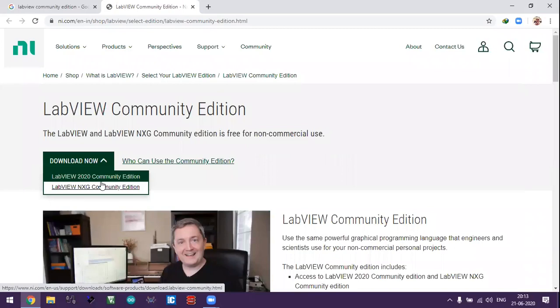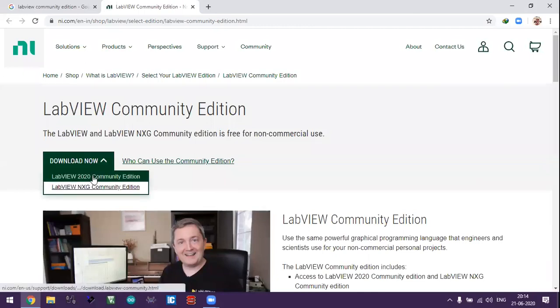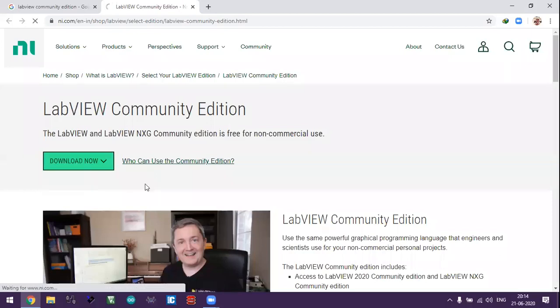This is not basically a version; these are two categorized product categories: LabVIEW 2020 Community Edition as well as LabVIEW NXG Community Edition. Both are different things. I will let you know what the basic edition and the NXG edition are. It is not necessary to download the NXG Community Edition, so we go for the LabVIEW 2020 basic version of the Community Edition.